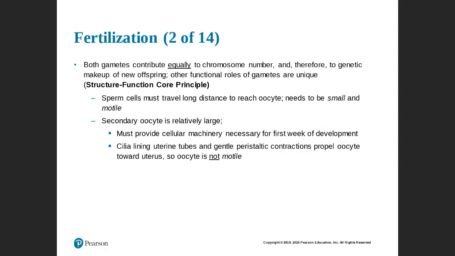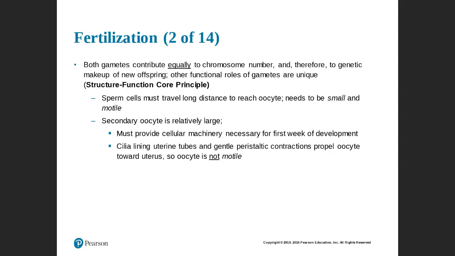Sperm cells, remember, have to travel a very long distance in a fairly formidable environment, being the vaginal tract. So they need to be small and motile. Okay, so they don't really need a lot of cytoplasm. Their main function is to provide the DNA, the nuclear material. Whereas the secondary oocyte is relatively large. It's almost 100 times larger than the sperm. And that's because it provides all of the cellular machinery, the nutrients, and basically the sustenance to maintain that first